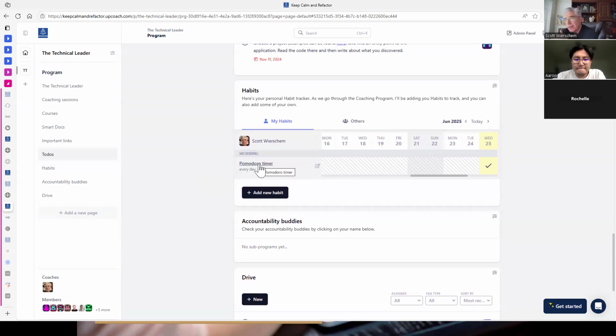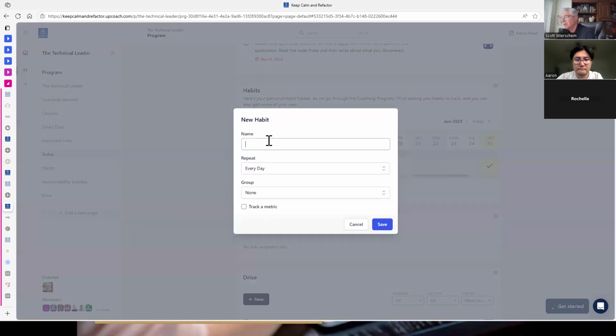Again, the Pomodoro timer is a good habit to get into. Let's go ahead and add that in there. You know what a Pomodoro timer is, right?